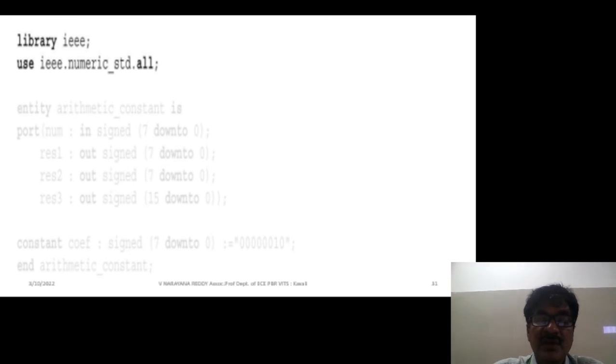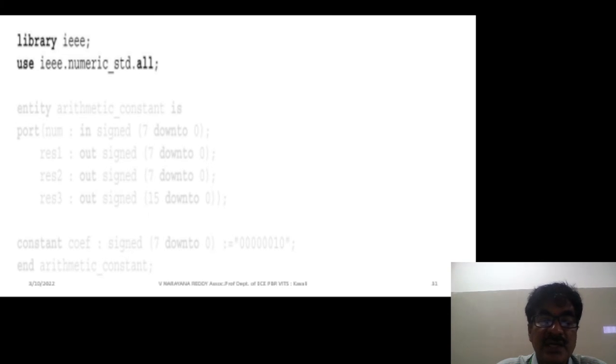This is the package with numeric definitions, I mean the operators on numeric definitions will be available. In the previous class we observed the package std_logic_1164.all; another package is numeric_std. So after choosing the library and opening the package,